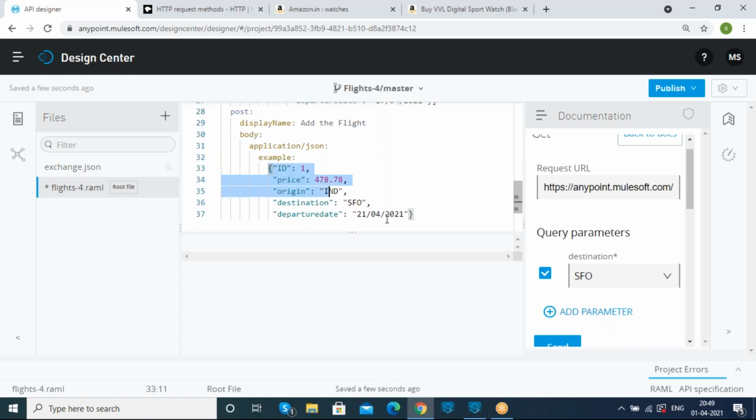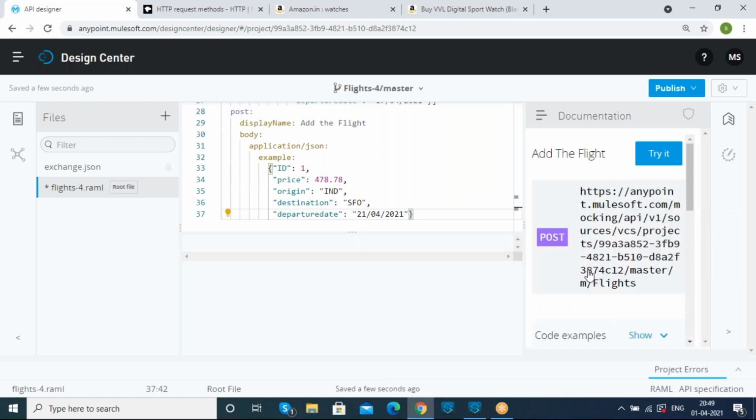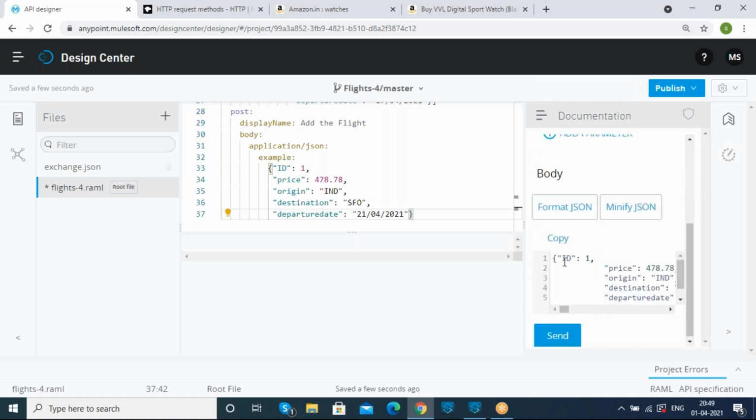So here this format we have configured. Up to here, this is the code we have written. If any user comes into the post flights application and clicks on the add the flights option, we want to display that this is the flight ID which I want to book. And when I click on the confirmation tab, I want to display a message as a response for the users.